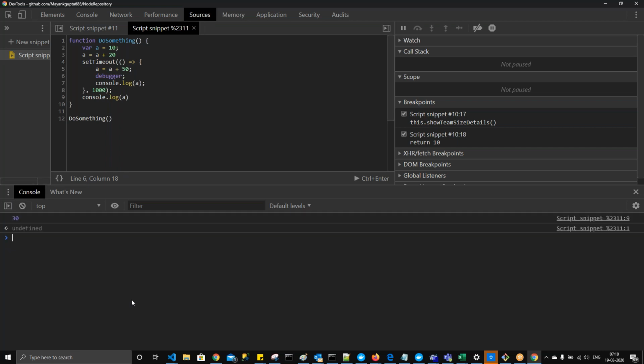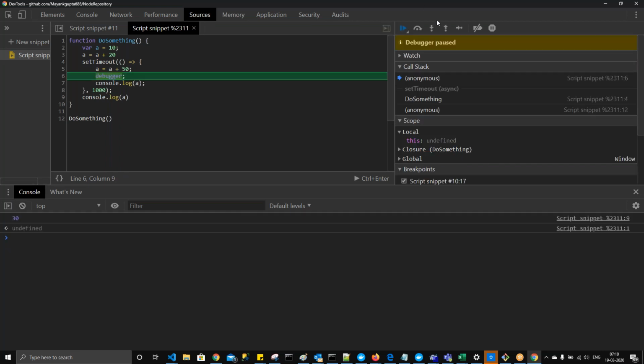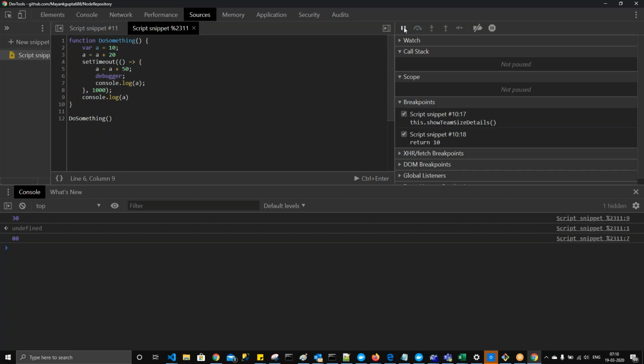Had it been perfect single threaded programming, the output should be 80 and 30, but somehow we got 30 and 80, which means there is someone involved in the middle to take care of this timer, which has to continue for 1 second. Had it been a perfectly single threaded program, this timer would have been taken care of by the main thread itself, and that is how things happen in